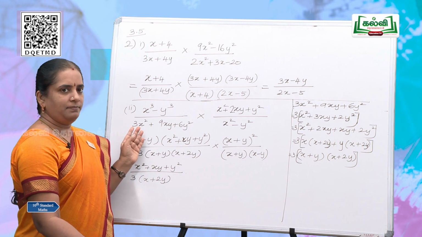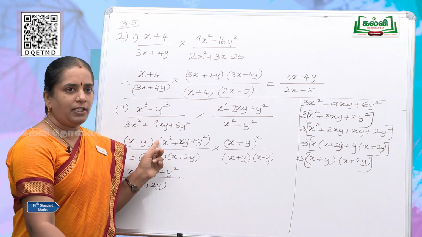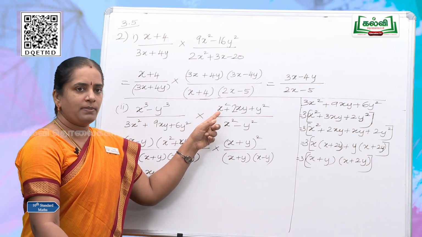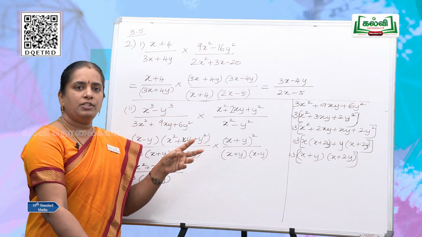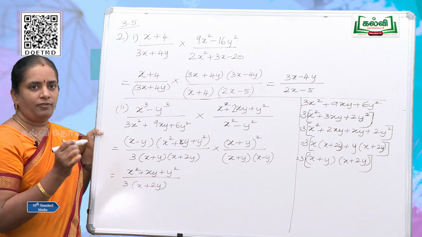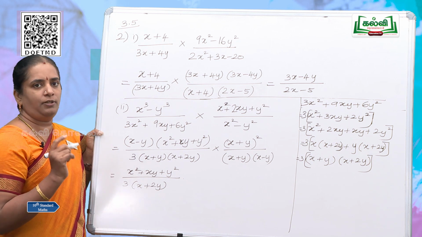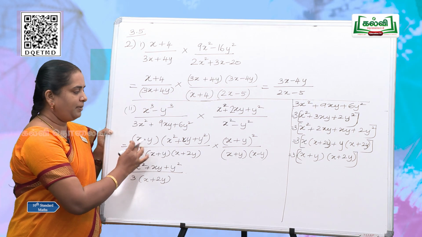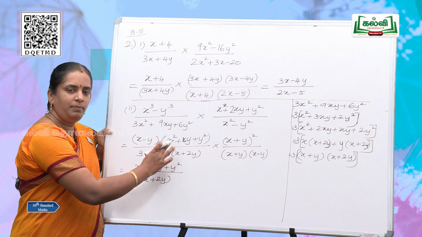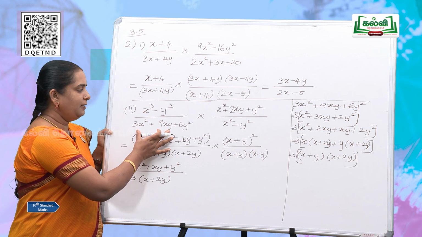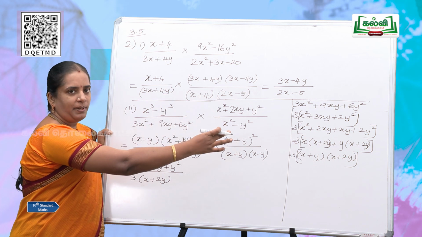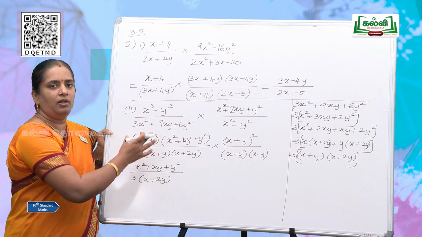Next sum goes as p of x by q of x into r of x by s of x. So, these rational expressions are to be factorized first. This is in the form of a cube minus b cube. You know the formula as (a minus b) into (a square plus ab plus b square). So, we are splitting like that, and the denominator can be done separately as this is a longer process.